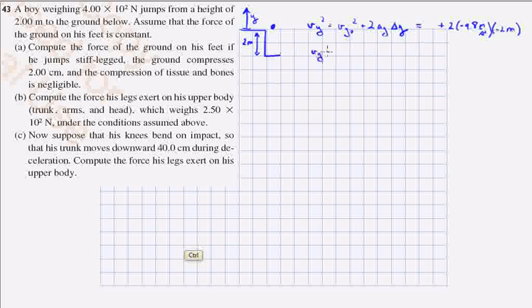Vy is equal to plus or minus the square root of this. The square root of this turns out to be 6.26 meters per second. And of course, we choose the minus sign because it's downwards. So that's the velocity he has just before hitting the ground. And now we can use that as the initial velocity during the segment